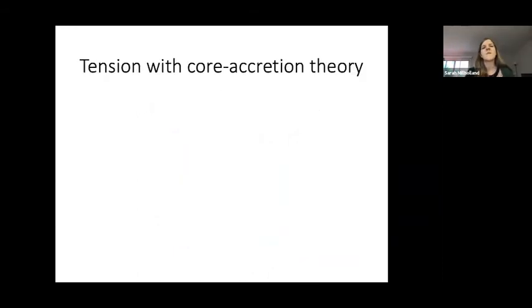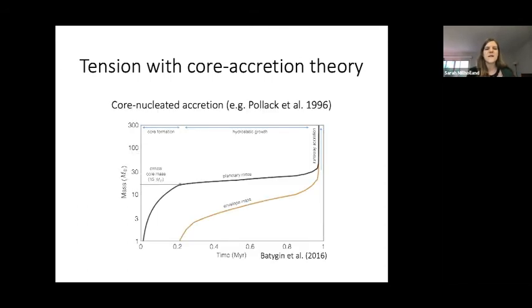So planets like this, though, pose a challenge to core accretion theory, and this theory represents the dominant paradigm of planet formation for gas-rich planets. And so this theory holds that if a solid core forms while the protoplanetary disk is still around, then it will accrete gas from the nebula at a rate that's set by its internal cooling. And when the mass of the envelope of the planet equals about roughly the mass in the core, then it will hydrodynamically collapse under its self-gravity